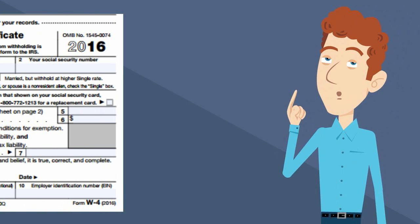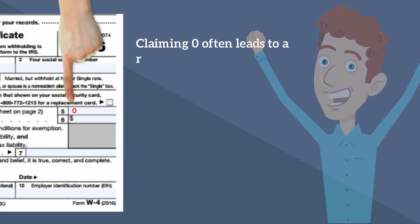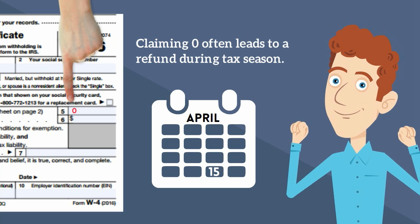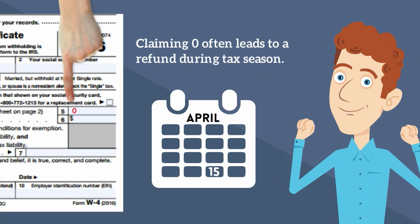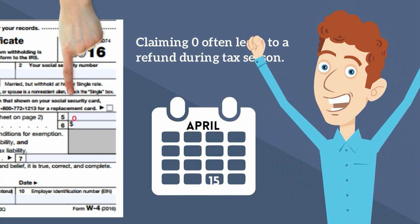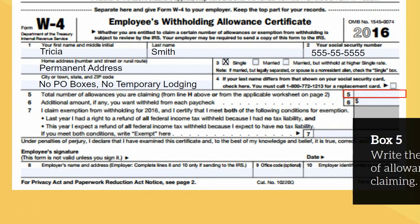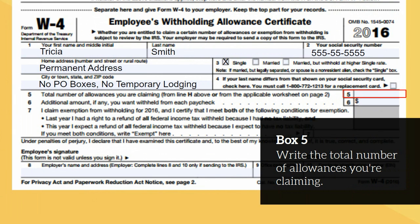Okay, another one. If I'm single without dependents, I might claim 0. This often leads to a refund during tax season because I'm indicating to the government that they can tax me more today because I have fewer expenses than people with children, for instance. Make sense? I hope so, because in box 5, you'll write the total number of allowances that you're going to